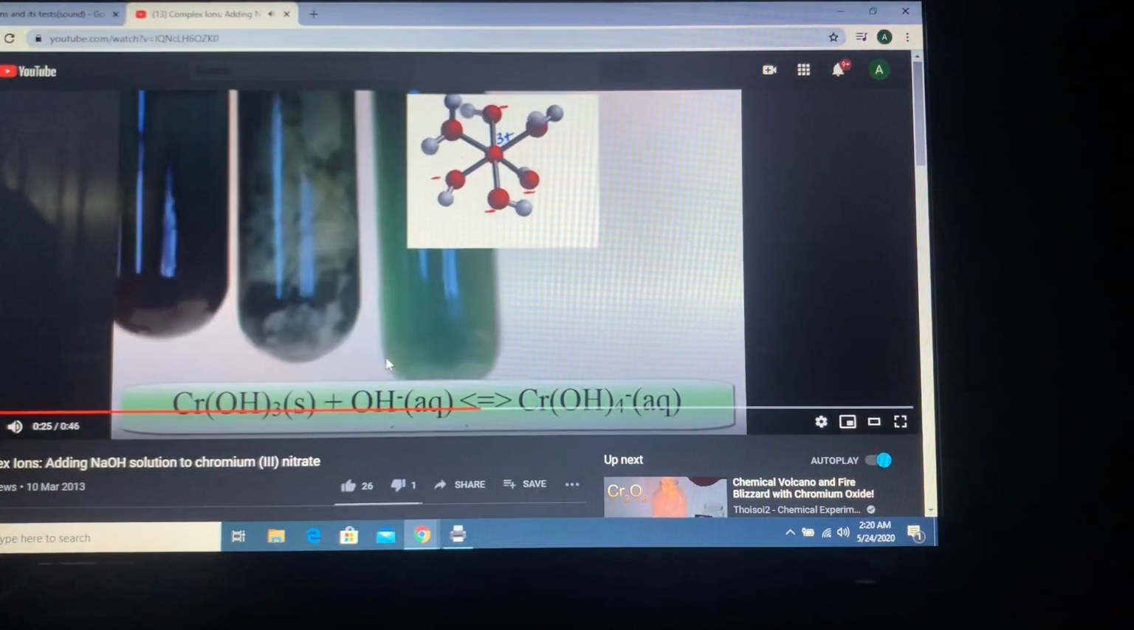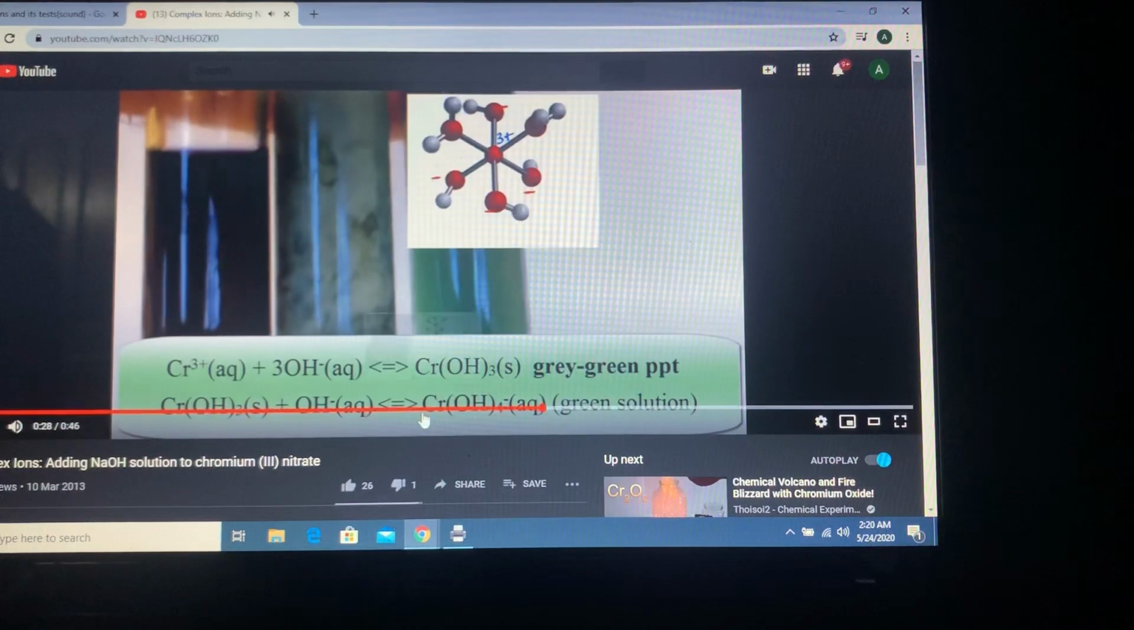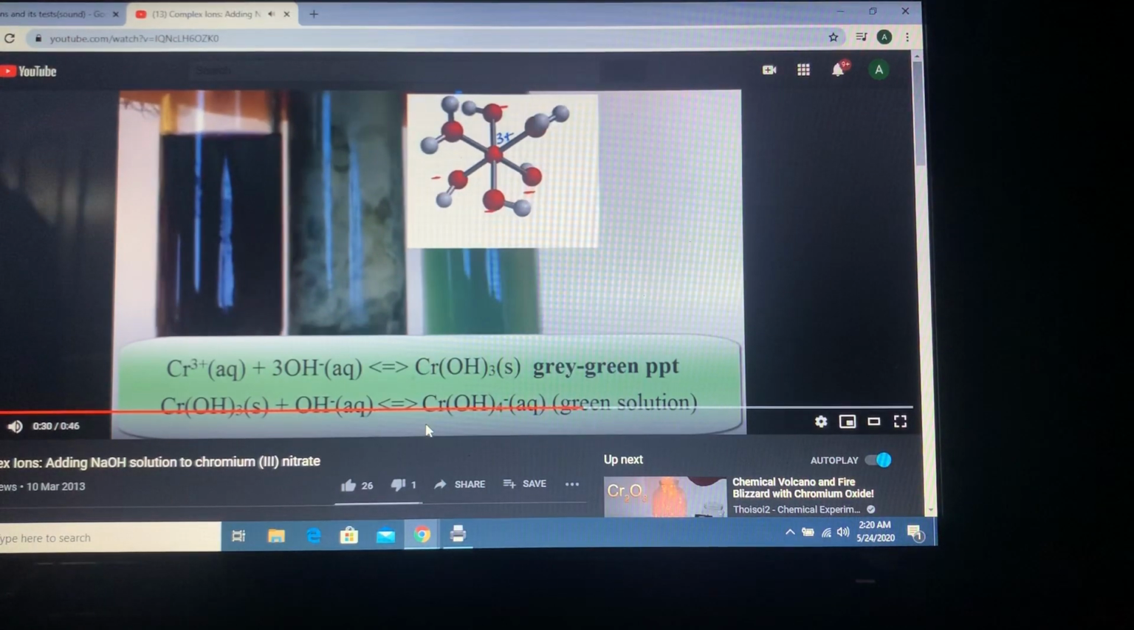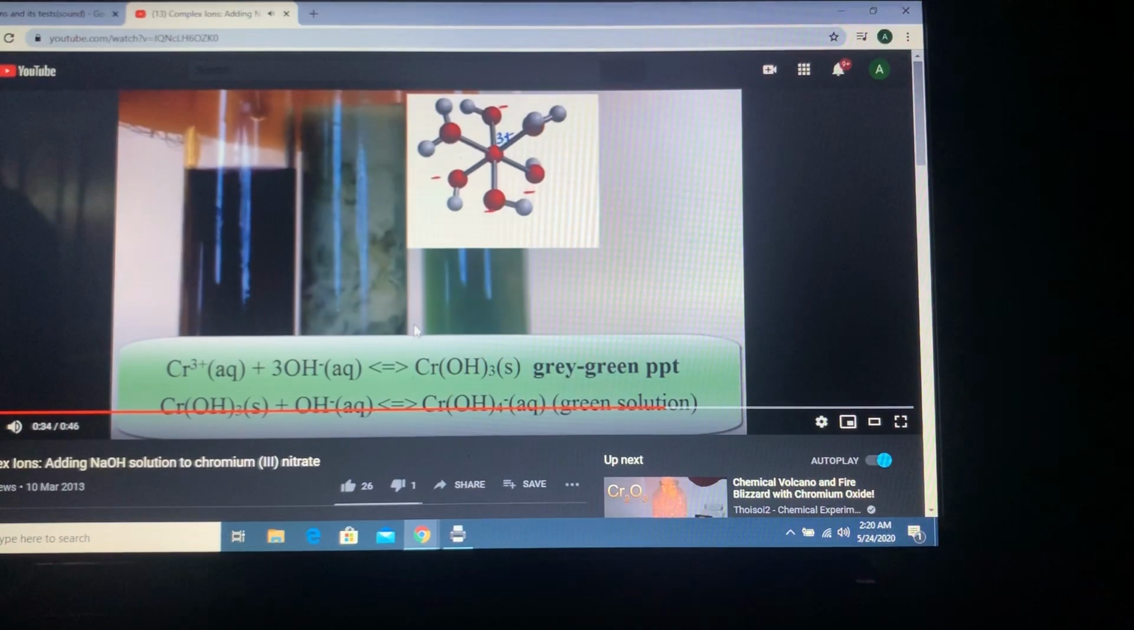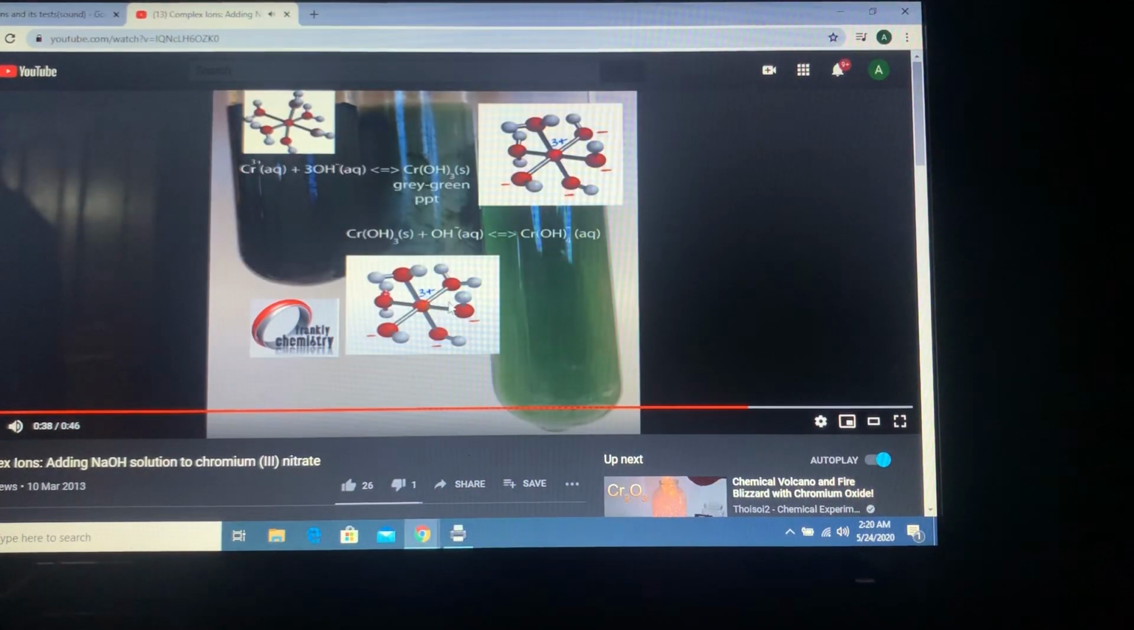And continue on the right-hand test tube to add an excess of sodium hydroxide, and the precipitate will be dissolved. You can see that on the right side, the PPT is dissolved. The water molecules are replaced by an OH minus ligand. The charge is re-established as 1 minus. So, in the first step, precipitation reaction produces a grey-green precipitate, and in the second step, with excess, precipitation reaction produces